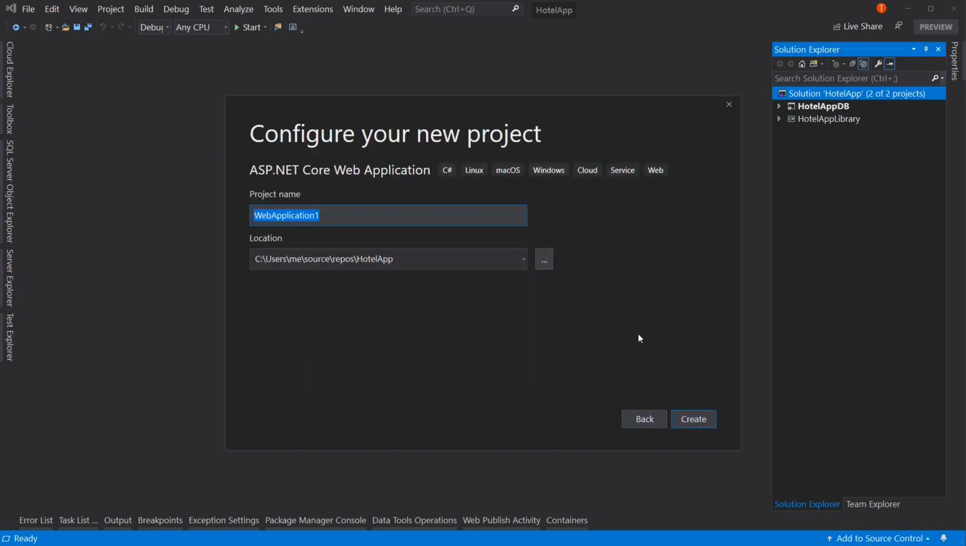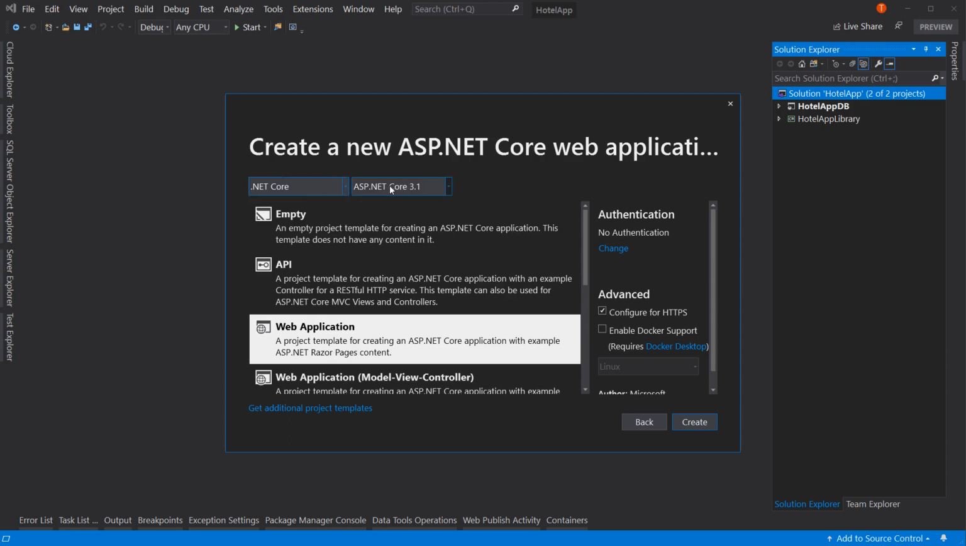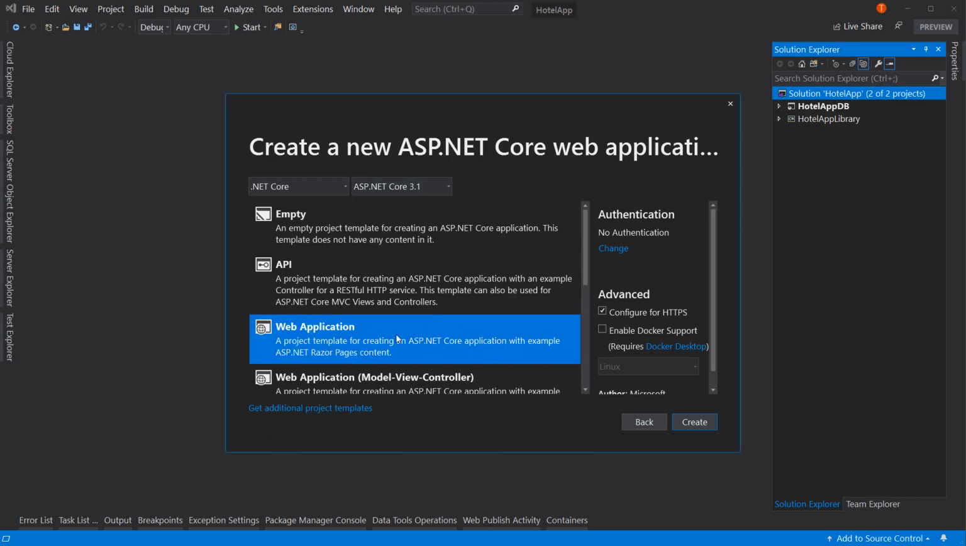For a name, I will call it HotelApp.web. Okay, dots are acceptable in project names. Hit Create. And it's going to ask me, what type of project do you want to create? Well, I want to create a .NET Core, and I'll choose the ASP.NET Core 3.1 framework and a web application. Now 3.1 is just out right now as of the time of this recording, and 3.1